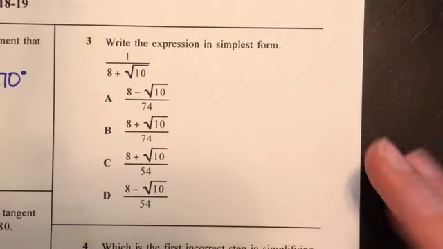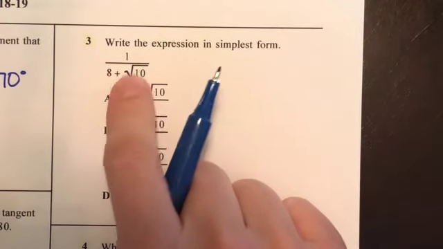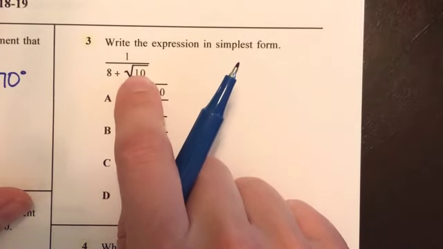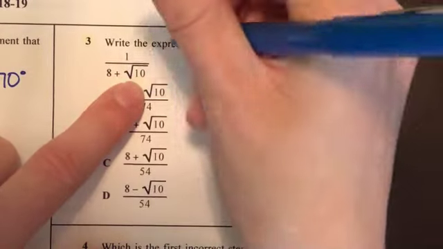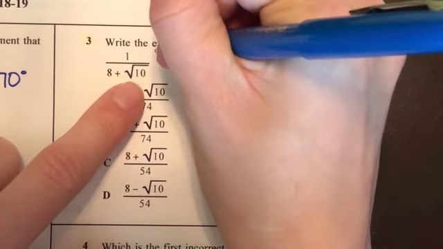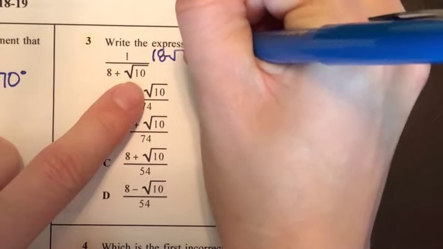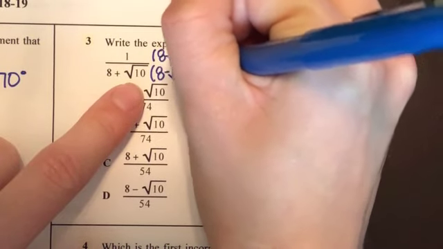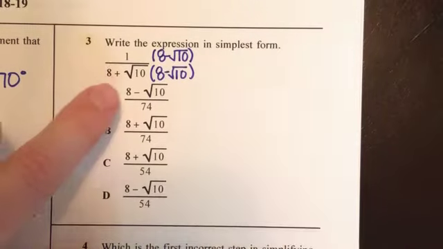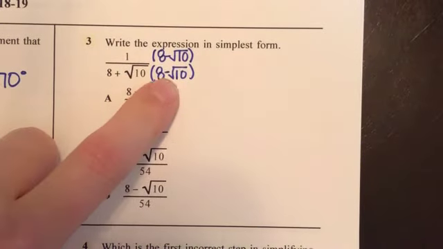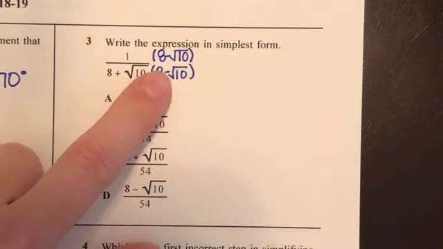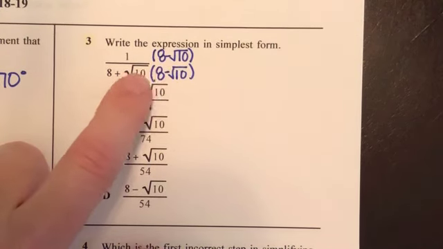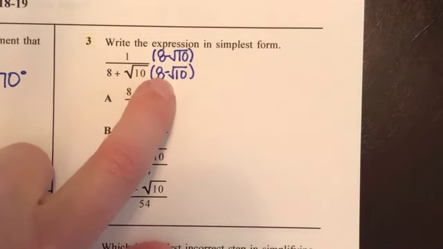Number 3, we're going to write this expression in simplest form. So what we want to do right here is get rid of the radical, the square root 10. So we're going to multiply by 8 minus square root 10. You take the sign, which is positive, and change it, so now I'm going to make this a negative. So you change the sign in front of the radical, and that is what you're going to multiply top and